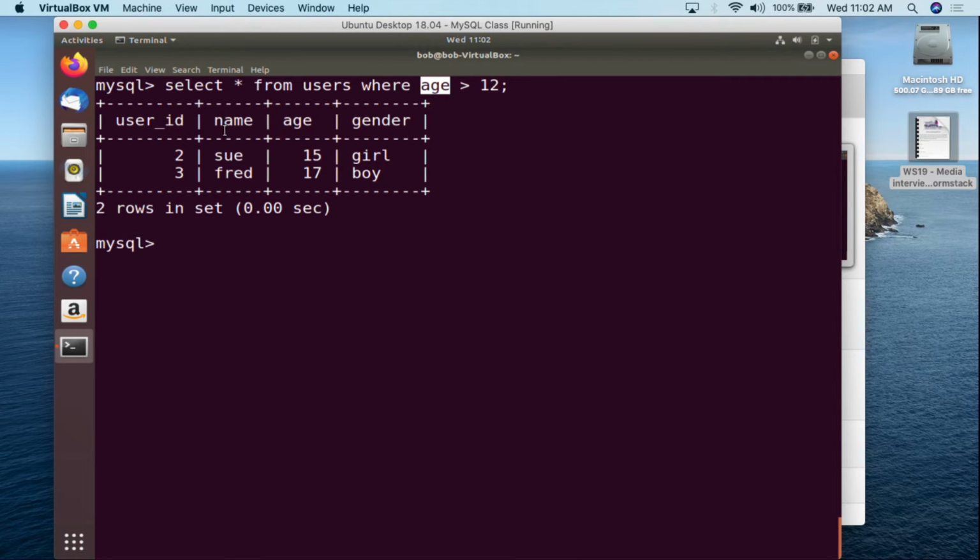And then what we can see here is we only have 2 of these people whose age is greater than 12. So Sue is 15 and Fred is 17. So we got gender girl and we have gender boy. Or one of the things we can do, again, if we want to search on the text, is select all from the users table where